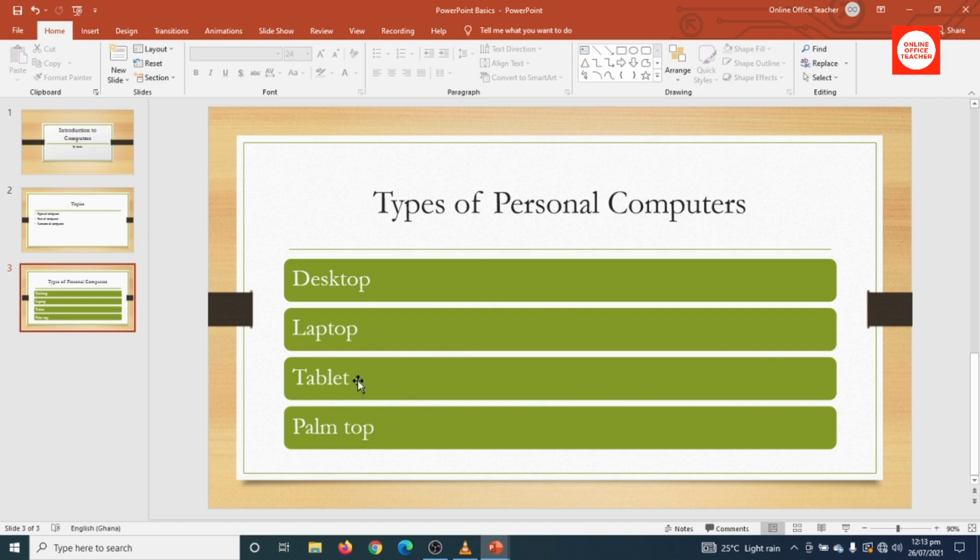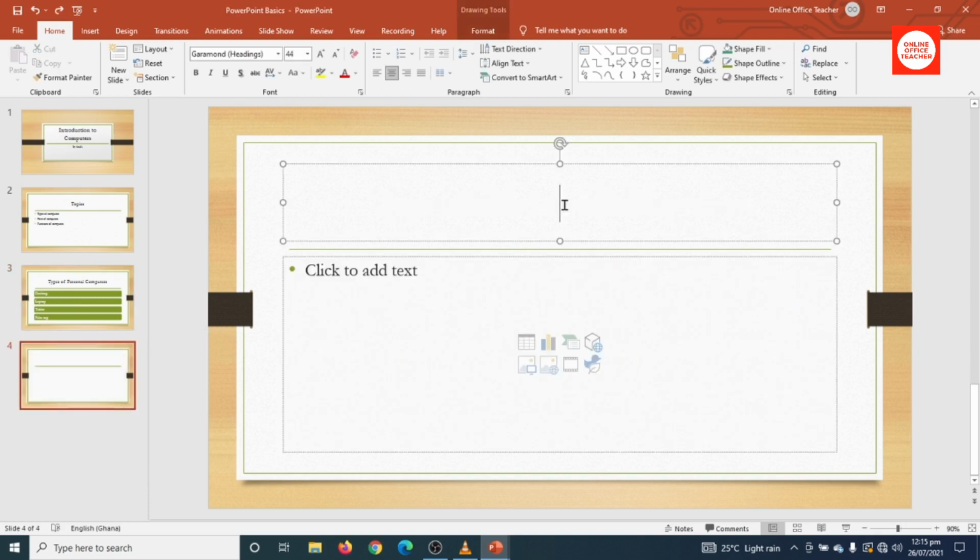Now if you want to take your work further, you can also go ahead and use visuals. That is, insert images for your bullet points. Let's see how we can do that. So I create a new slide. So I'll click to add title. In here I can also go with my types of personal computers. I'll just get a random title. This is just to show you how you can build your slides. So maybe I'll say